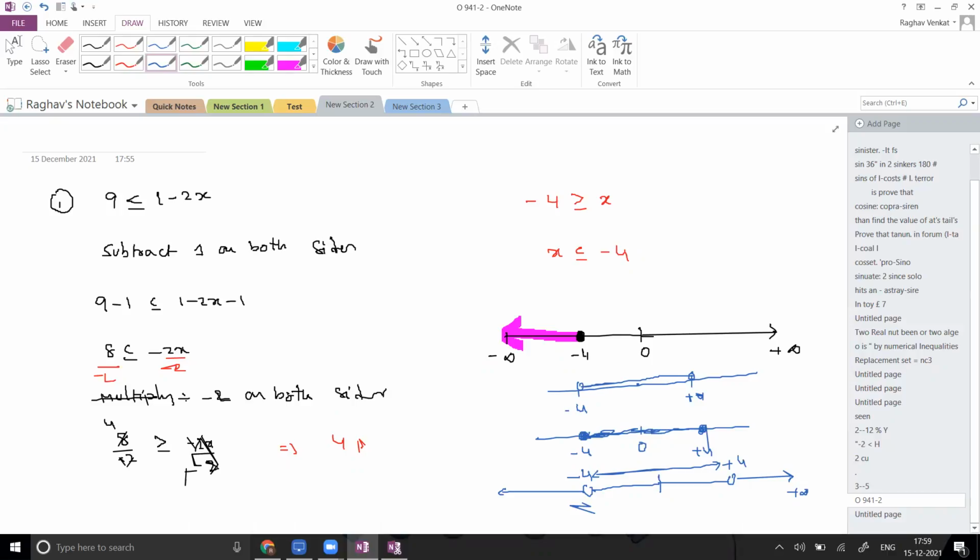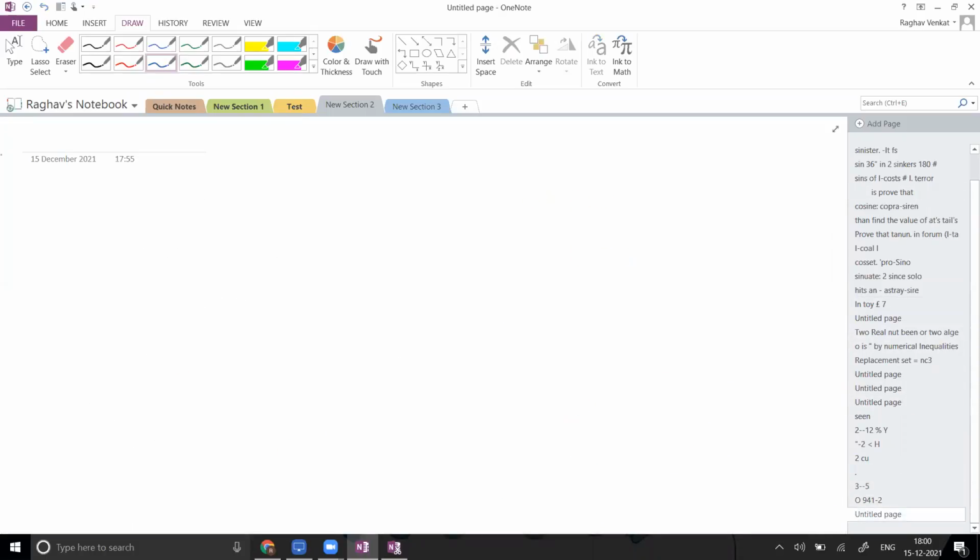The initial problem is they will ask us to represent the solution set on the number line. Technically, we don't call it a number line, it's a real axis where you are representing all the real numbers. It will be useful in our application of differentiation and calculus next year. That's the reason we are just practicing this year. Questions are simple. Wherever complex things come, we will discuss. So, next question.